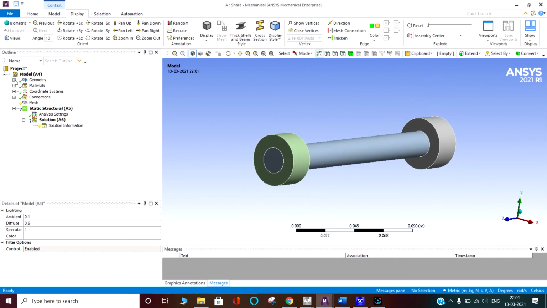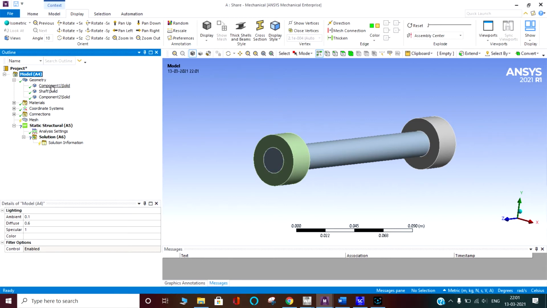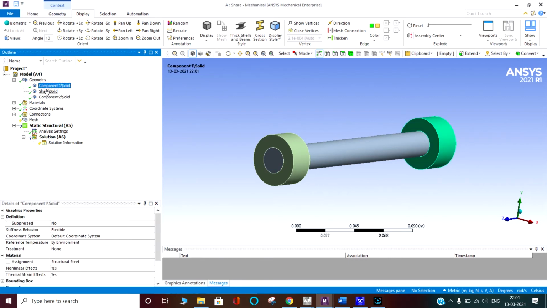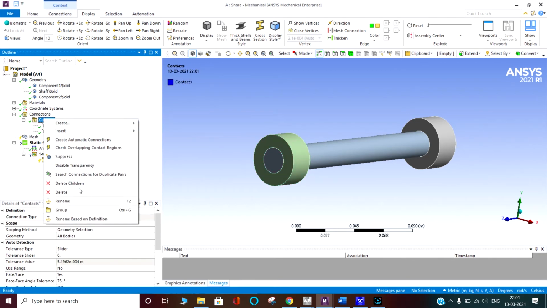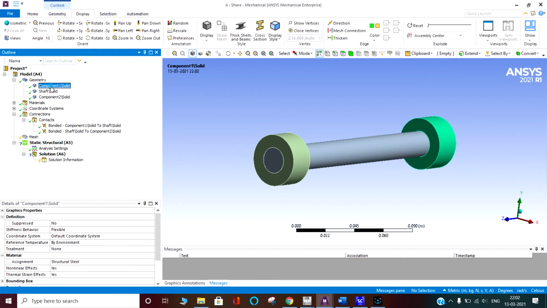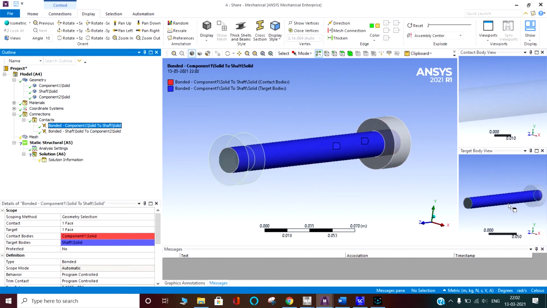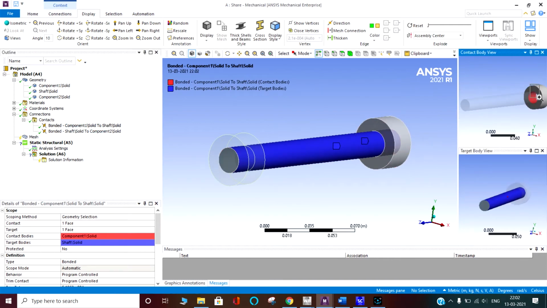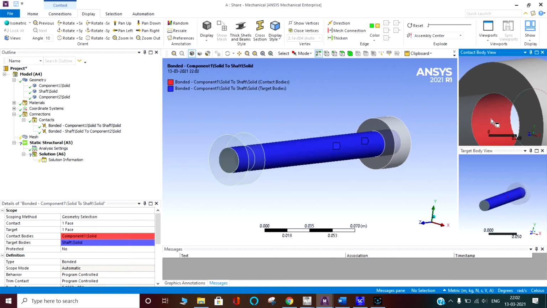ANSYS Mechanical has opened. Now the geometry is there, and all are structural steel, so I'm not going to change it. I'm interested in the meshing. In the connections, you can see the contact region has come here. I can rename it based on the names: component 1 solid to shaft, where component 1 is the wheel. So you can see the shaft is connected with the wheel.